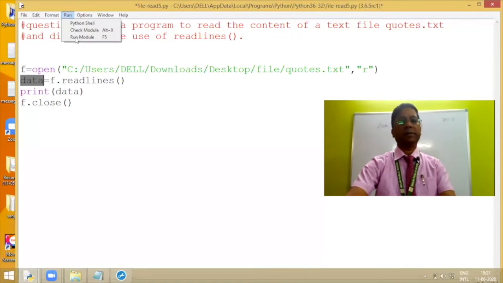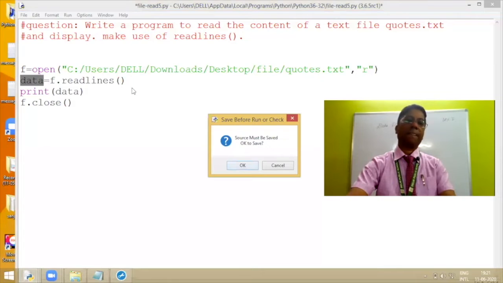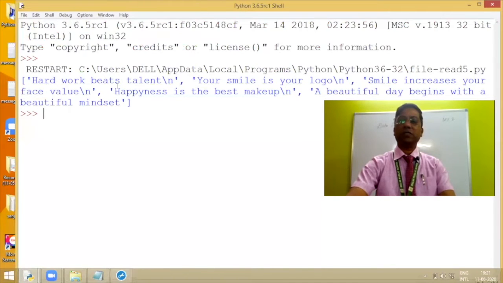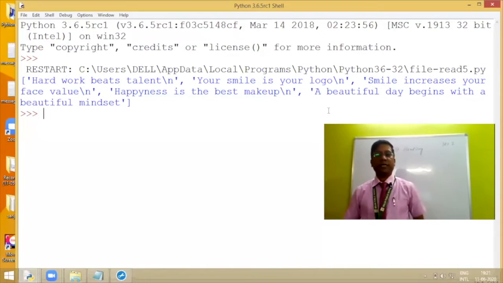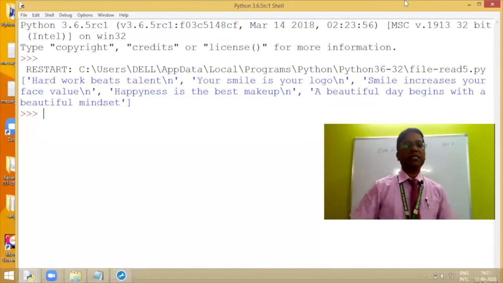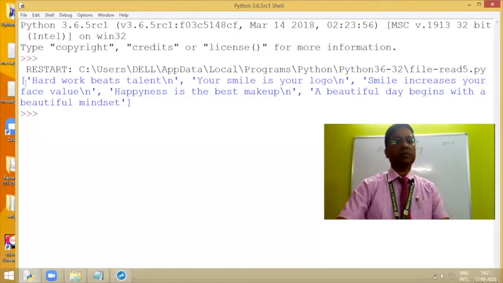Let us run and see. Now can you see here? We have the entire content of the file, but it is in a list form. Here is an opening square bracket, here is a closing bracket. That means the entire content of the file is in a list. And now you see the first line is under single quotes, that is one of the elements, again a comma, and the second line again under quotes, again a comma here. So this way it will continue here, and at the end of every line there is a \n, that is the EOL.